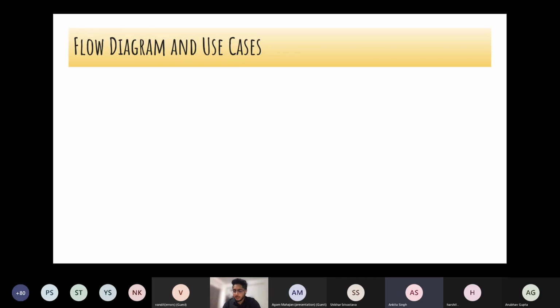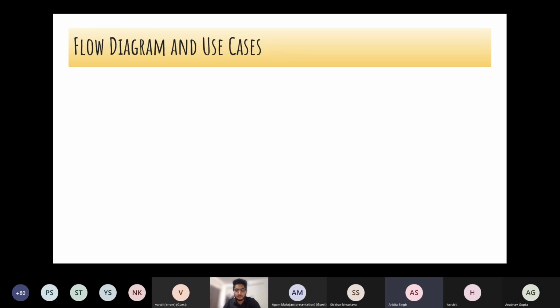Firstly, you have to drill down the use cases of your feature or of your whole app. You have to write down on pen and paper, or there are a lot of applications where you can write what kind of use cases your app or a flow will have, and make flow diagrams for that. That will help you understand all the use cases of your app, and then you'll be able to write code better. It's not like you start coding and then see, yeah, I missed this use case, and then you do the development again. That's a lot of repetition and not an ideal way to do development.